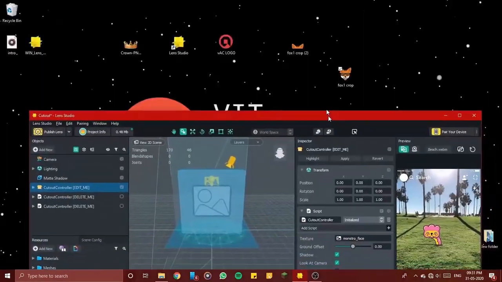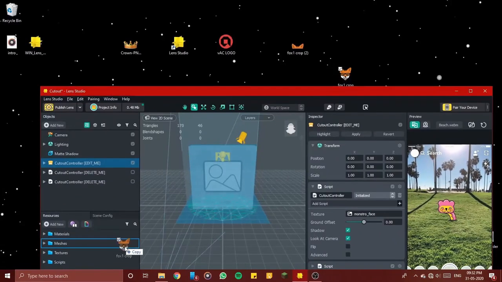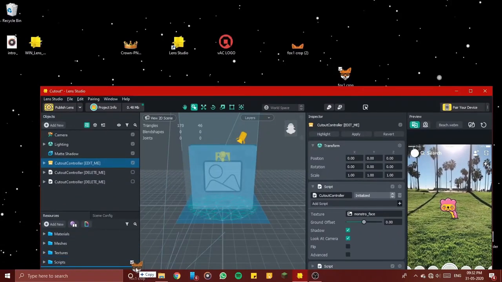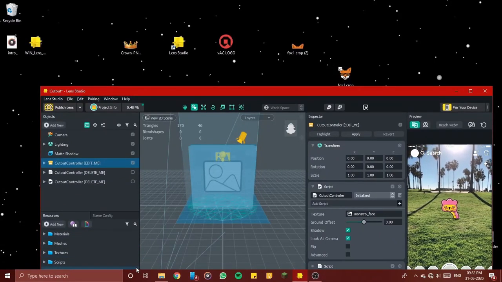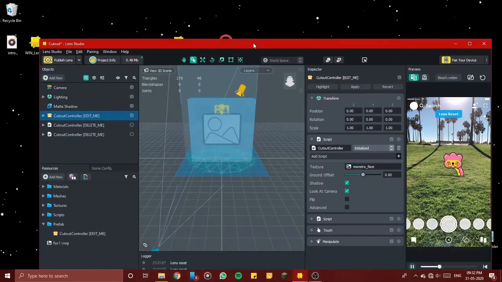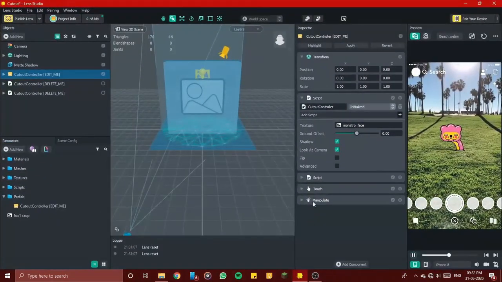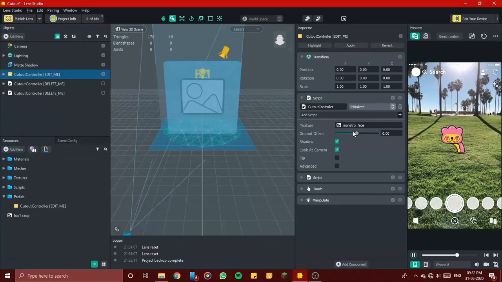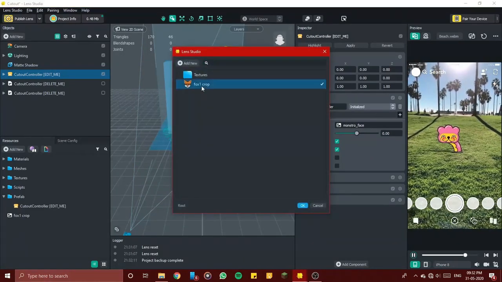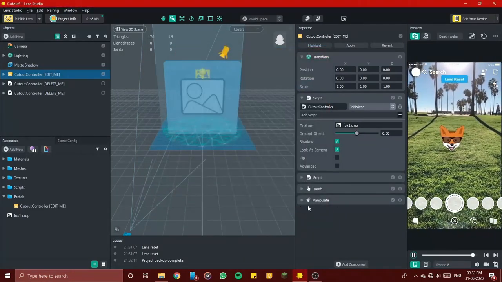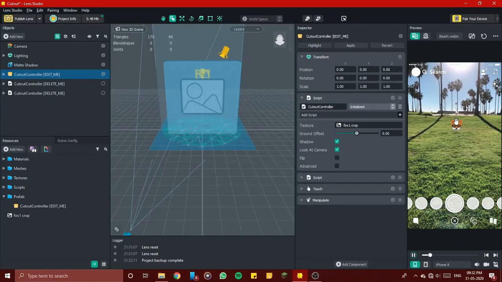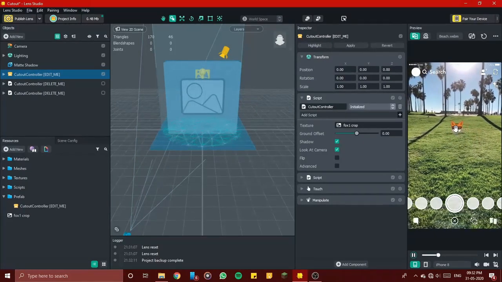Similarly, I'm gonna add my own image. Just go to texture, choose image, and you have a nice floating face of the fox on the ground.